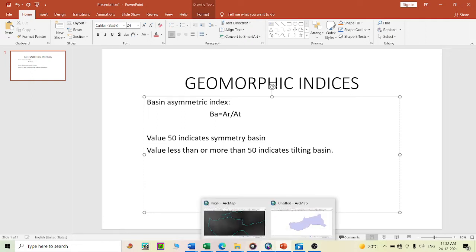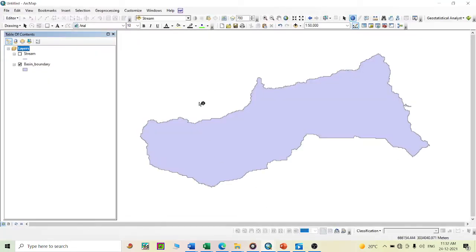So go to ArcGIS. I use ArcMap, and here my basic needs are one, the stream, that means the river shape, and another, the basin boundary. My first mission is to divide this basin according to right side and left side.